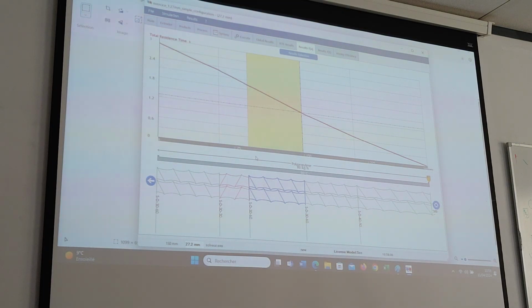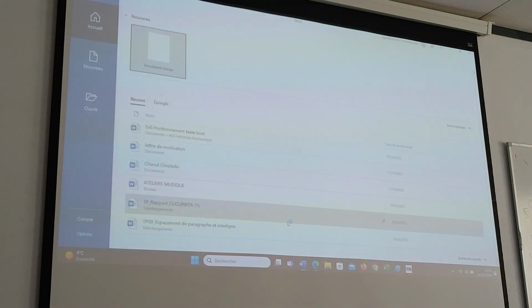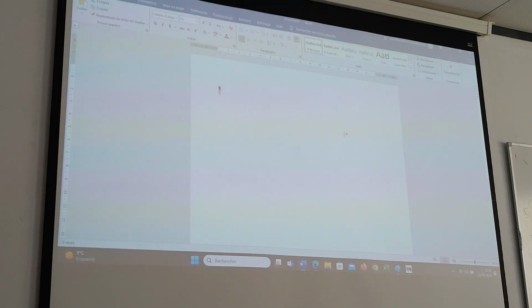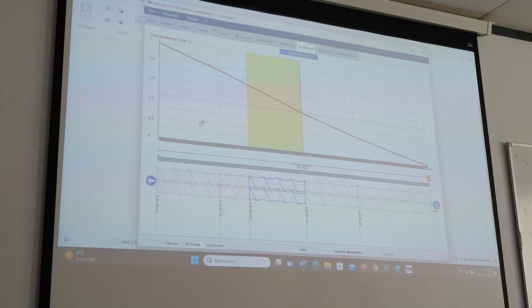So the speed of the product is the same inside this part of the screw. Maybe you can have a look at some formulas.